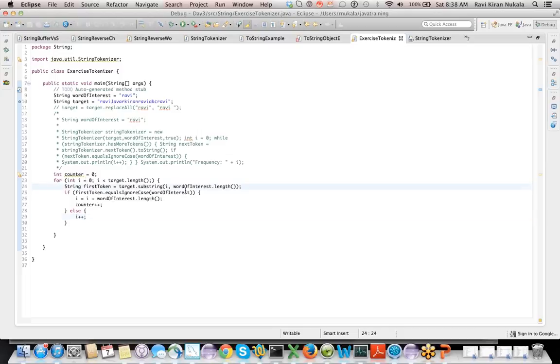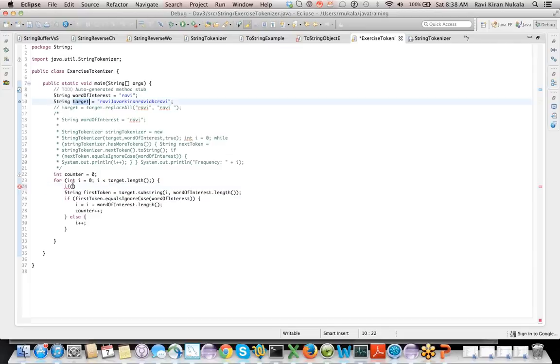So first you're going to get the first token, and then if the first token is not equal to the word of length. But in that case, Teja, you probably got to look it up upfront. You see what I'm saying?